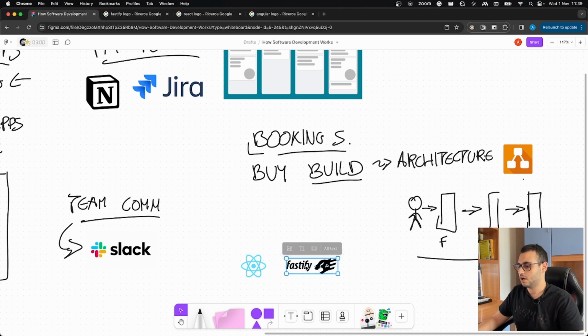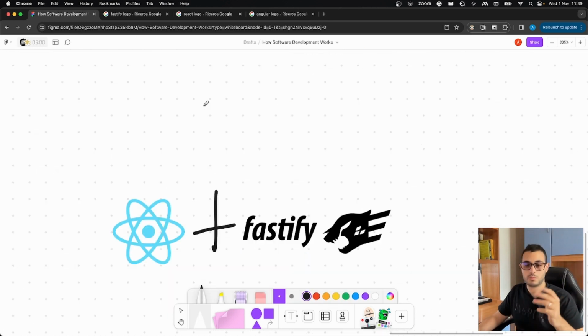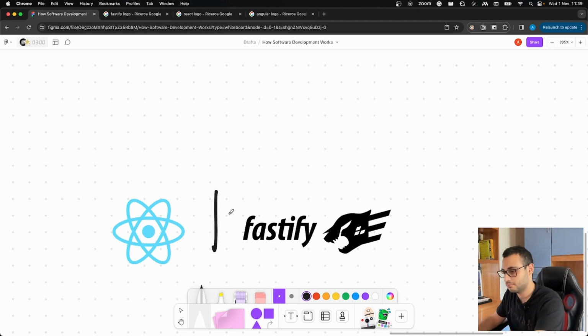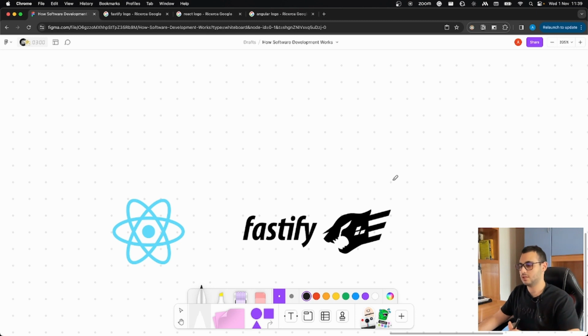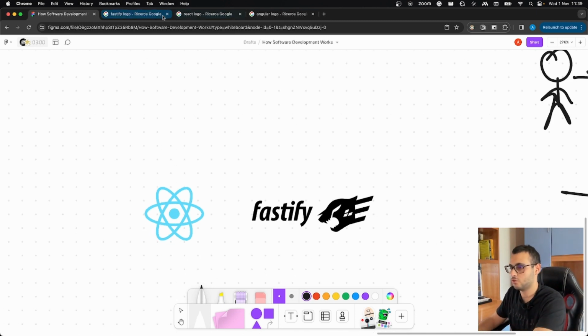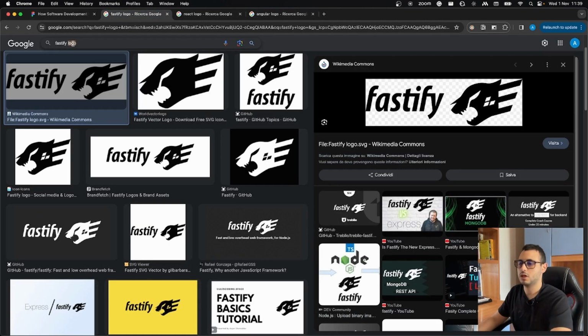So we will have Fastify, then we will have some REST APIs here in the middle, or GraphQL or tRPC, it really depends. But let's say that we have React, that we have Fastify, then we want to have something on the backend. Maybe we can have a database like